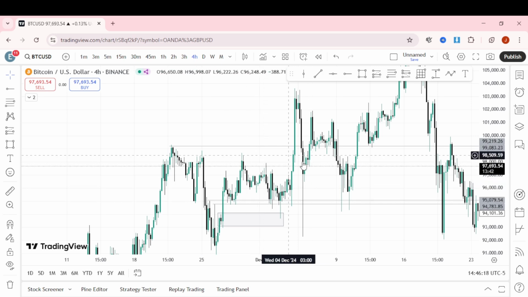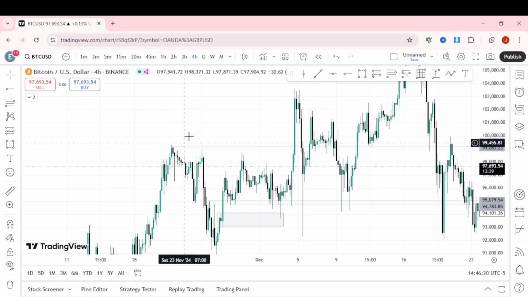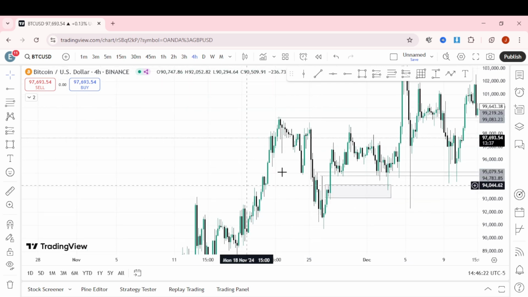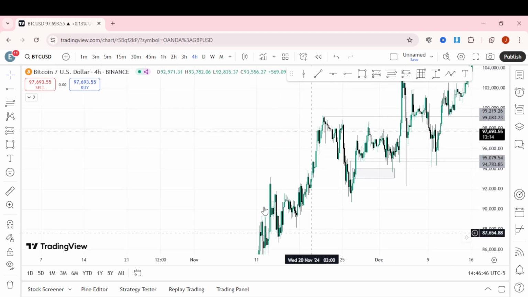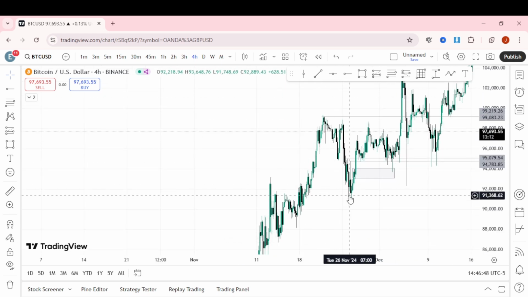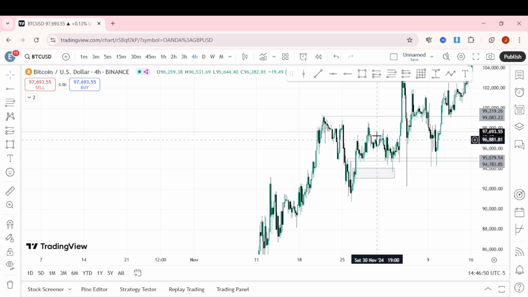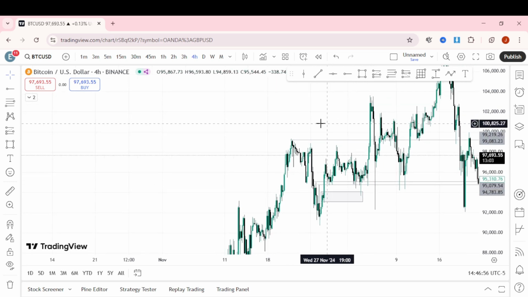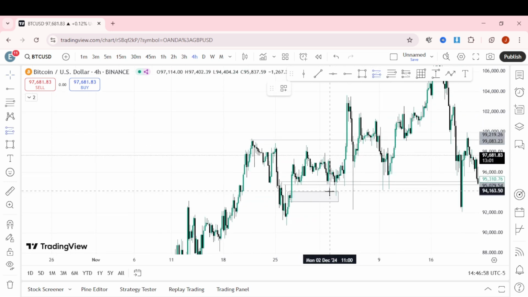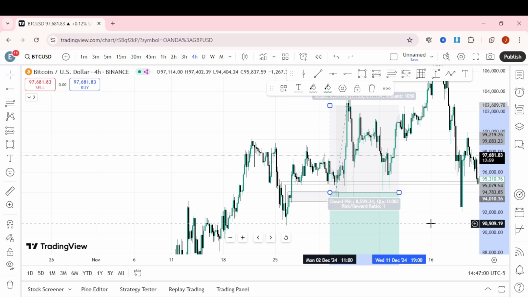Just for a second, ignore all these charts. Just look at price from this perspective, right? So price has been coming all the way up, price retraces all the way down, price will definitely go up. So this will be my TP. This should be your TP if you're gonna get into this trade. So as you can see, price respected this order block,